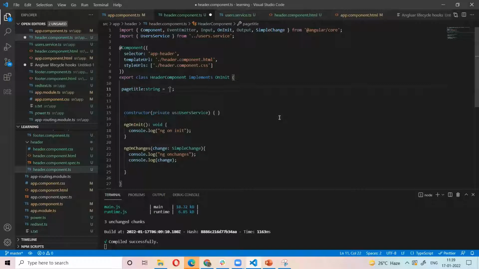That's why, if we have a pure class, that means we are not getting any data from the outside, so automatically the class initialization, ngOnInit, will be called first. But if before initializing the class you want any data, we need to take it from the outside. Then ngOnChanges will be called first, then ngOnInit will be called later.